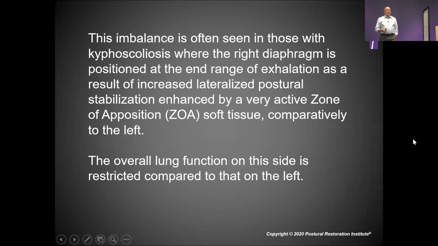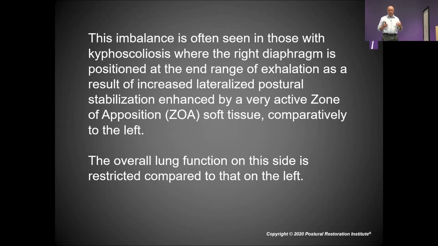Thank you, Jen. This imbalance is often seen in those with kyphoscoliosis, or curvature of the spine, where the right diaphragm is positioned at the end range of exhalation as a result of increased lateralized postural stabilization, enhanced by a very active zone of apposition, soft tissue, which would include your abdominals, comparatively to that of the left. So basically, when you see this imbalance of carbon dioxide and oxygen exchange, you're going to think about